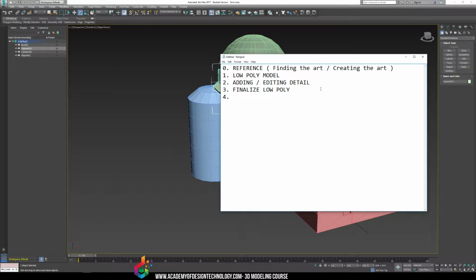Step 4, you begin by changing the smoothing groups. So making sure that the smoothing groups all look smooth in the right places and harsh in the other places. Wherever it needs to be harsh, make sure it's harsh. Wherever it's smooth, make sure that it's smooth. That's all you need to do for that. Step 5 is creating the high poly